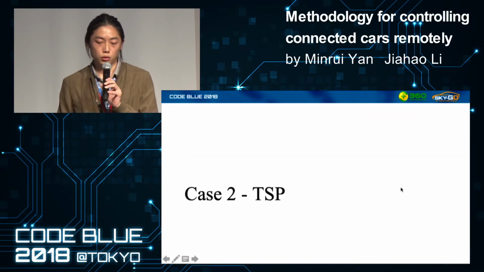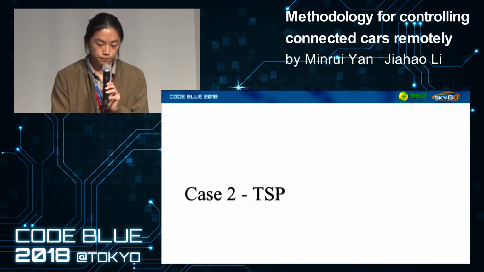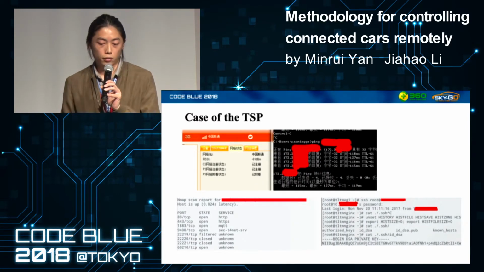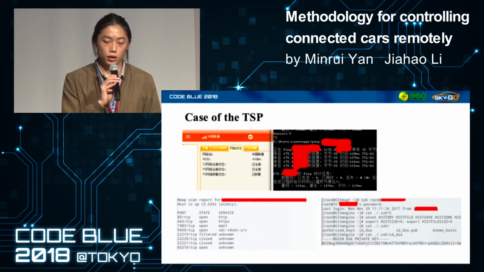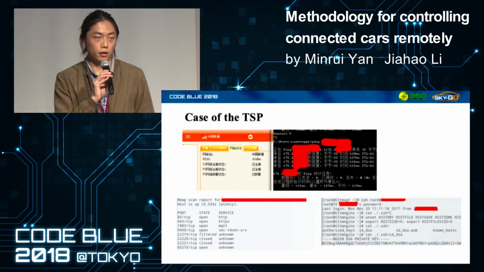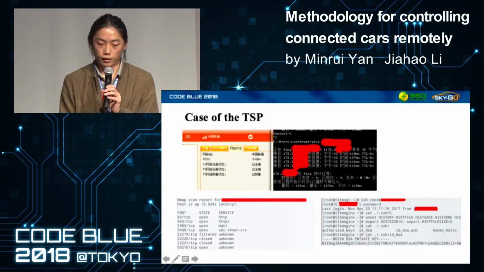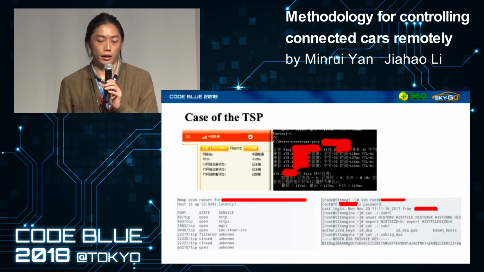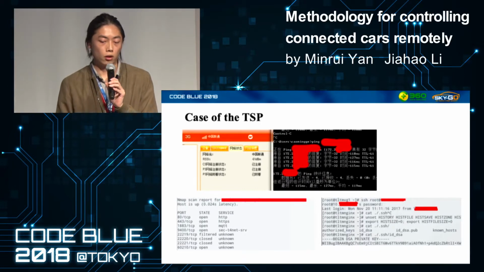So you know how to access the automaker's intranet in different ways. Then I will show you case 2, the TSP. First, we jump the wire to the eSIM. After setting the APN, we can access the intranet. You can see the delay time is not bad. So we can scan the intranet by eSIM. Finally, we got root privileges of the vehicle gateway server by long-time penetration,